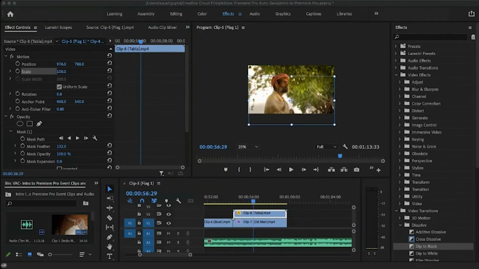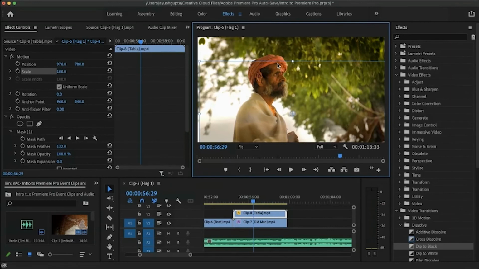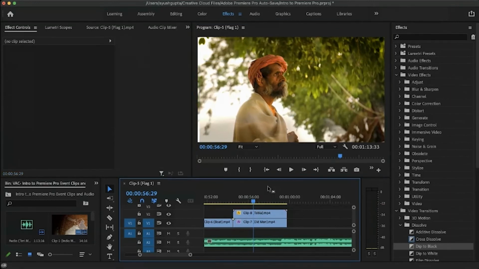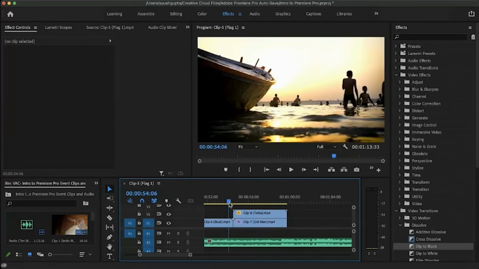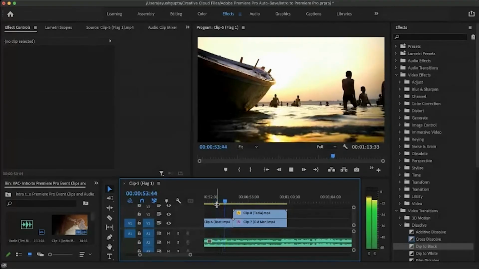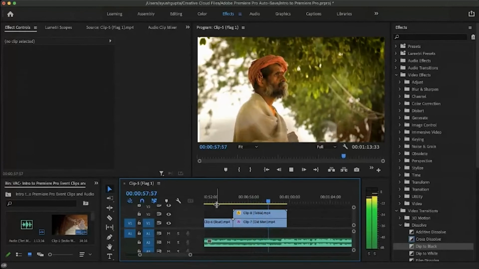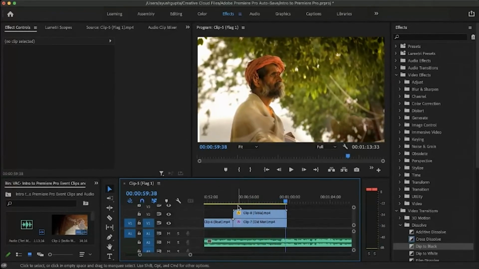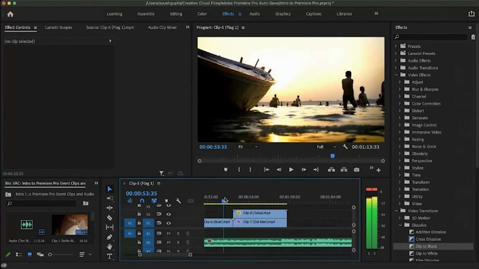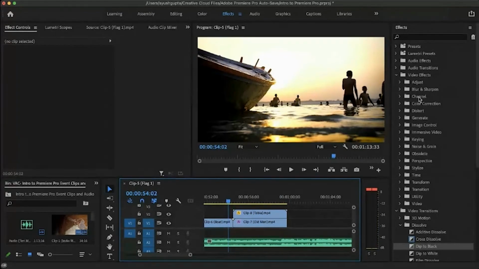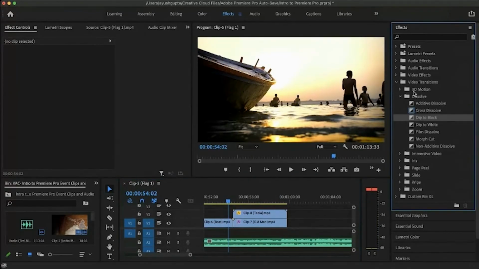Now we'll take the zoom level to fit, and now we'll see the clip. Still the transition is sudden, so we'll go under video transitions, under dissolve in effects, and cross dissolve.